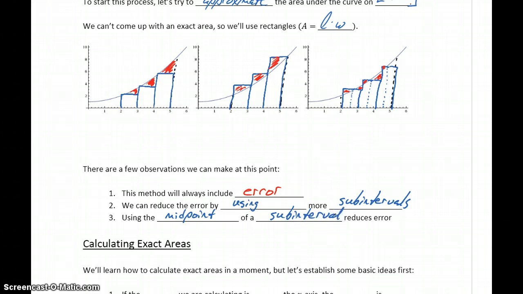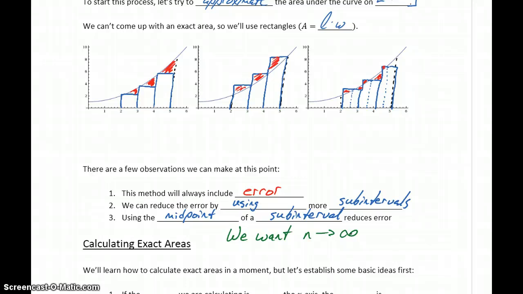So using the midpoint for the subinterval typically gets us the least amount of error, and the more subintervals that we use, the better. So we jump from 1 subinterval to 3. If we increase this to, say, 10 subintervals, 100 subintervals, 1,000 subintervals, that approximation is just going to keep getting better and better and better. So as we move forward to actually calculating definite integrals, the idea that we want to think about is breaking this up into these rectangular regions, but having that number of subintervals n